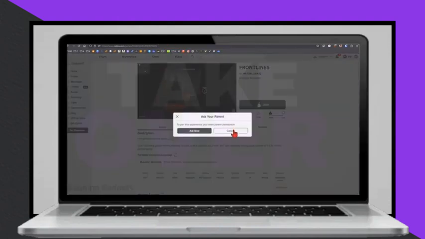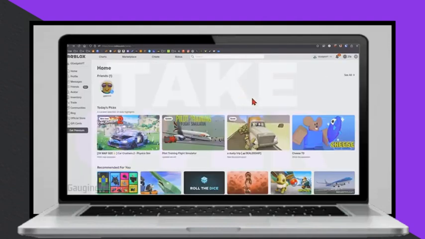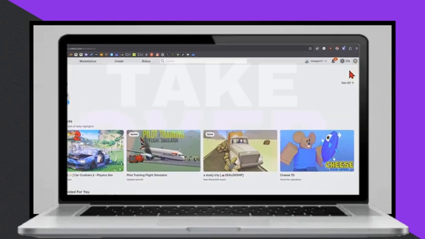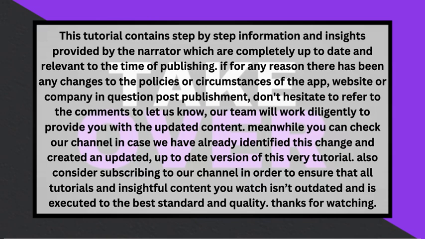The first step is to open a browser, navigate to the Roblox website, and log into the account. From there, go to the settings by selecting the gear icon at the top right corner. In the settings, locate the birth date under the personal section and update it to reflect the actual age, if it is over 13. If updating the age is not possible or does not resolve the issue, proceed to the